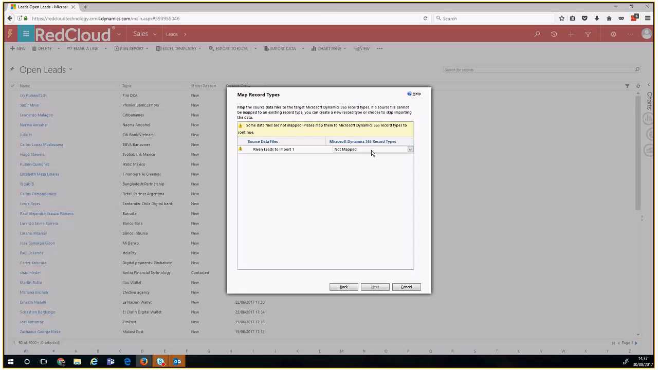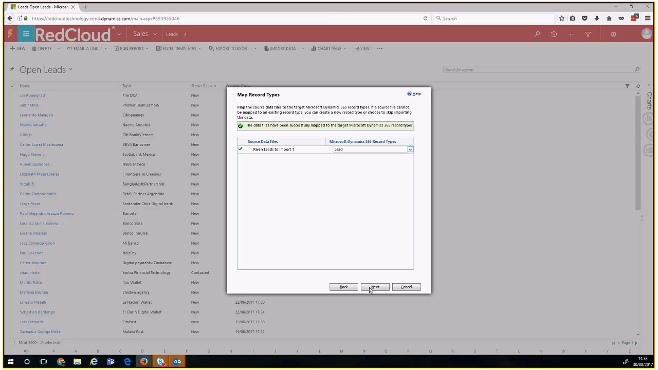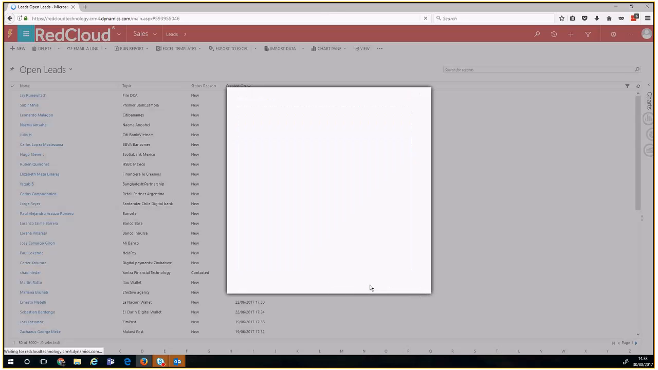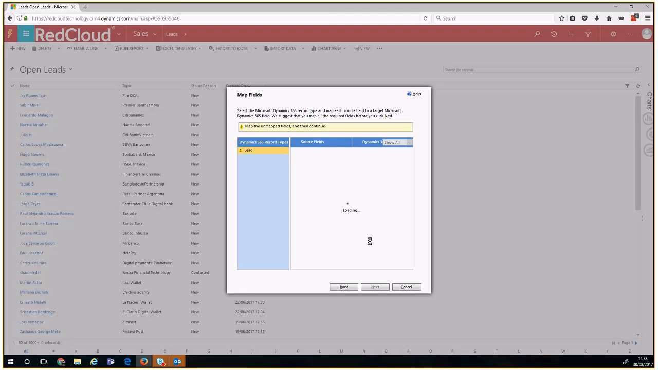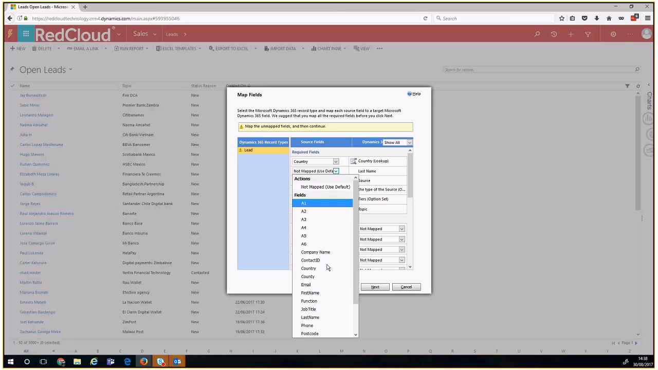Then you tell it what type of record you want to import it against, so lead in this instance. Then hit next again, and it's at this point that you go into the specifics. So the left-hand column is the source fields, the fields from your spreadsheet, and the right-hand column is the Dynamics 365 fields. The top lot of fields are the required fields that you do need to make sure are mapped correctly. So for example, last name,